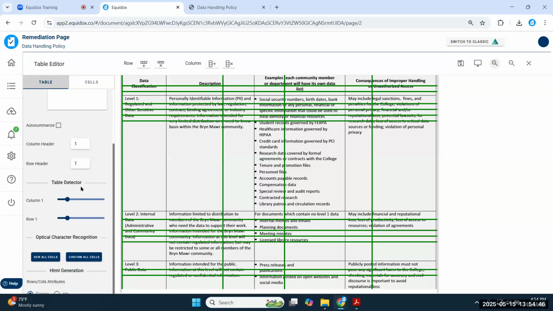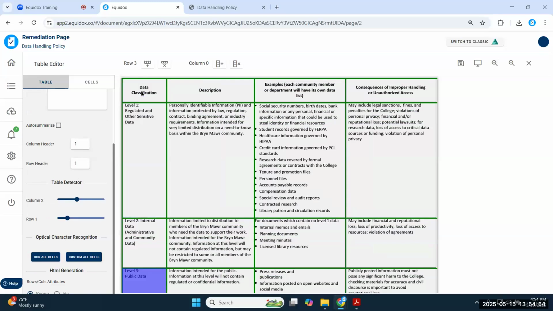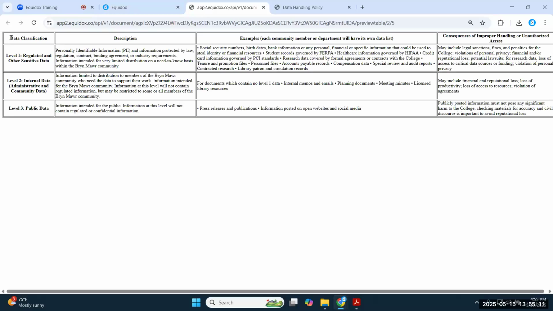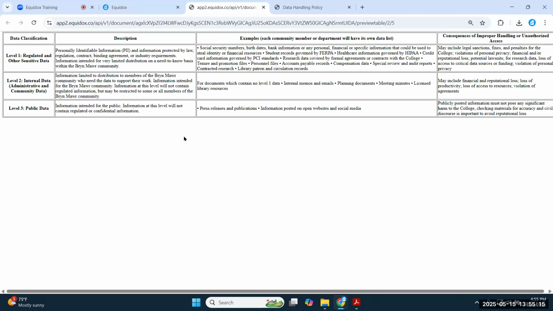So the table detector, these little sliders down here, literally all I have to do is wake it up by nudging one of these sliders. And the artificial intelligence is really, really good at figuring out the table structure here. So you can see all of these different cells have been identified, and they're sitting inside of these little green grid lines. I don't really have anything else that I need to adjust. If I look at my HTML preview after just nudging that slider, you can see it's a pretty dramatic difference where I actually have a tabular data structure.